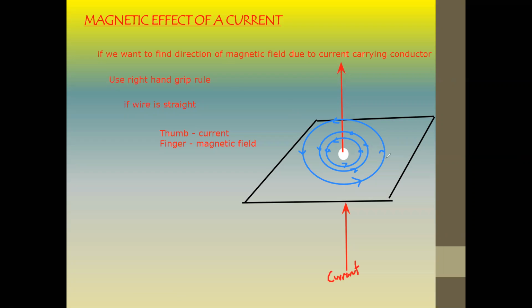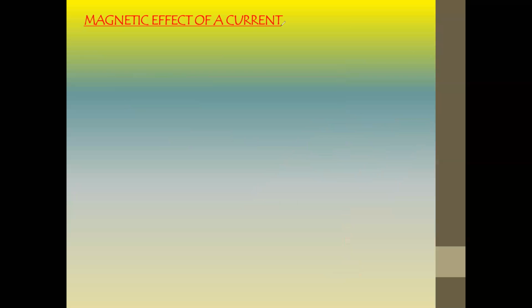So same way, and you keep this in mind that when you draw the first two field lines, the distance between the first two should be smaller as compared to the second and third. The reason for that is the distance between the field lines shows the strength. If they are closer, it is a stronger magnetic field. So near the wire, we have a stronger magnetic field, and away from the wire, we have a weaker magnetic field. And same way,